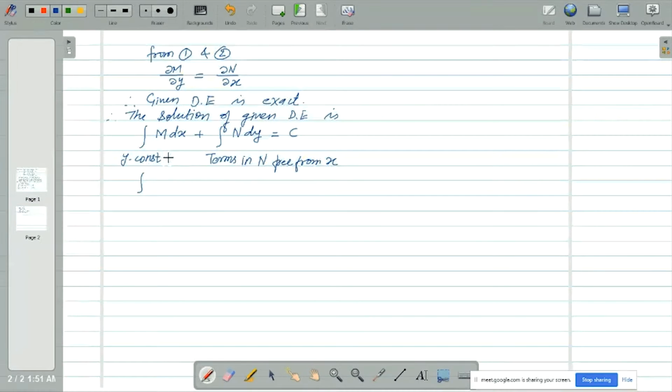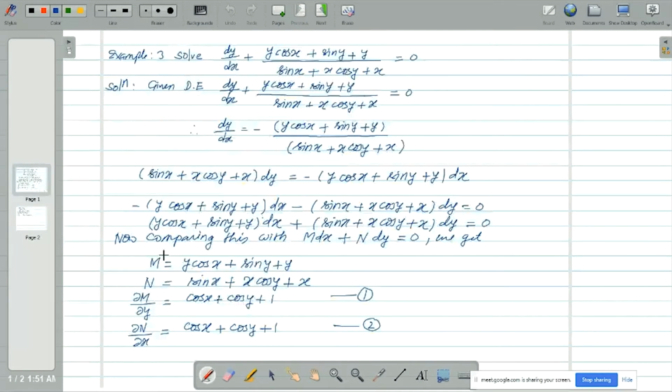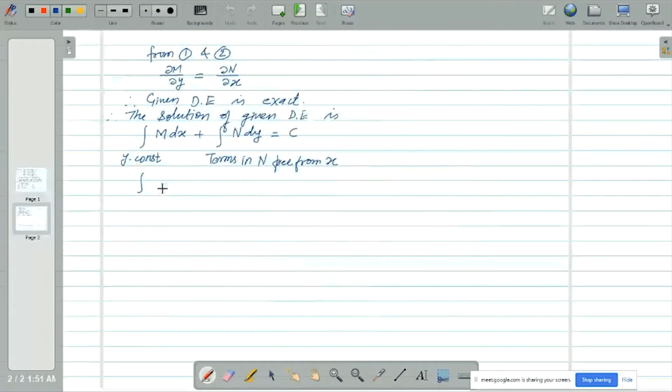What is the M? M is y cos x. Please tell me the M. What is the M? Okay. y cos x plus sin y plus y. So this is dx and plus